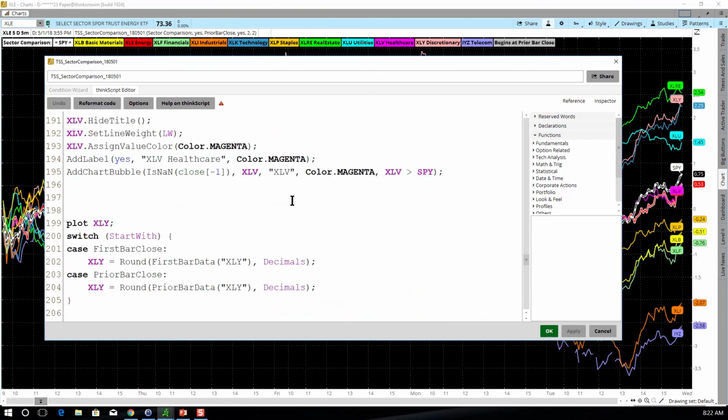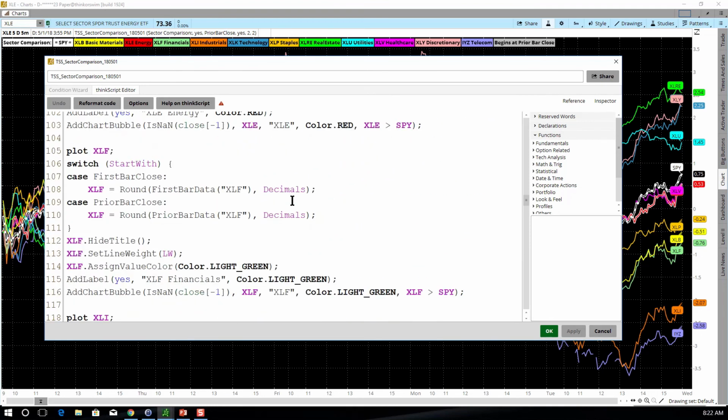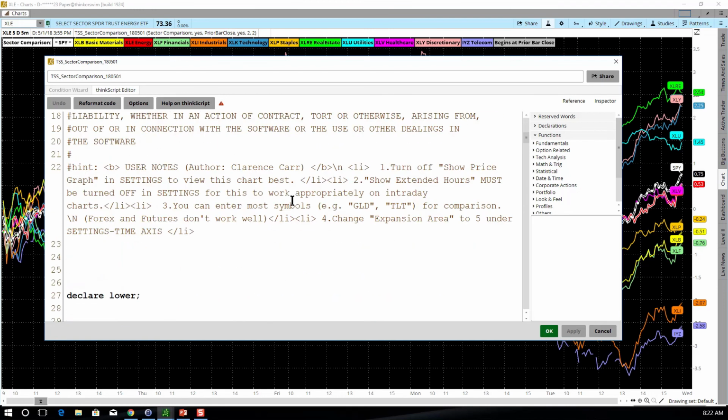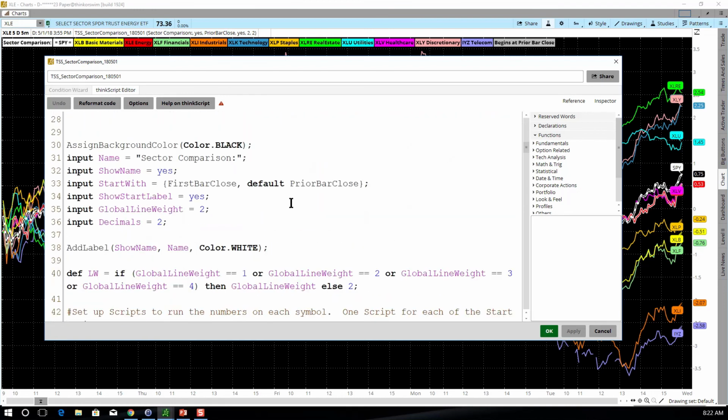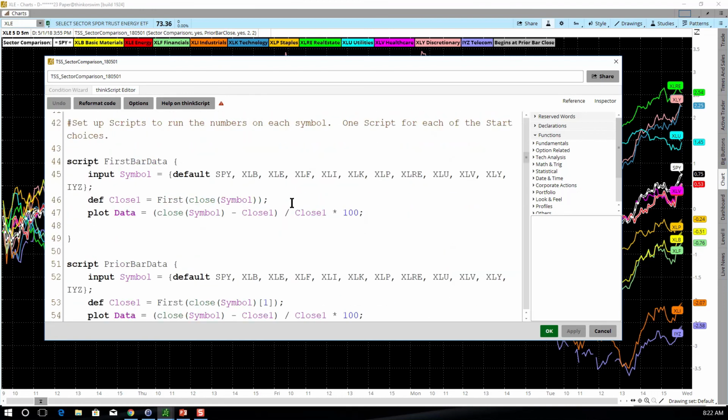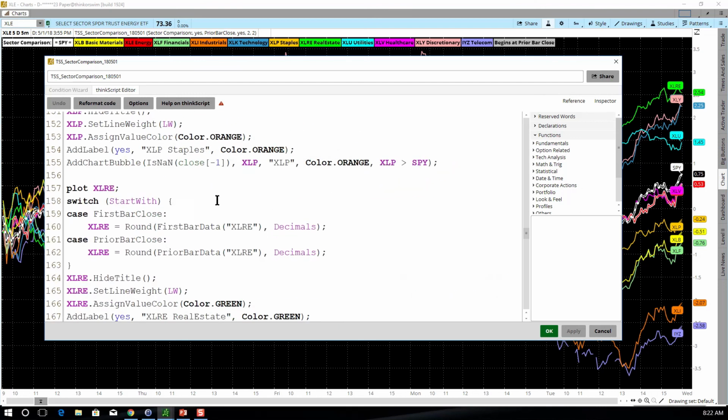Above, in our scripts, remember, let me go back up here. I'll try not to make you dizzy again. I know flipping through this stuff makes it kind of hard to follow. Remember, in our scripts, we had the various symbols that we knew were going to be passed to it, and then we ran the data on those symbols. Down here at the bottom,